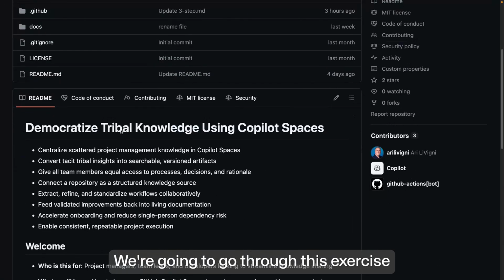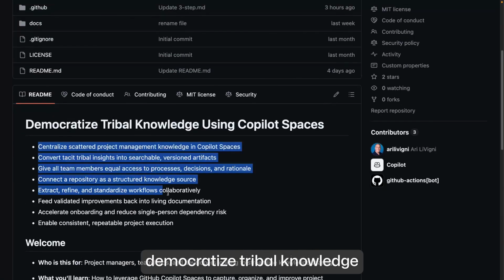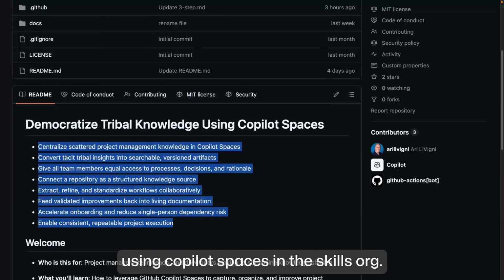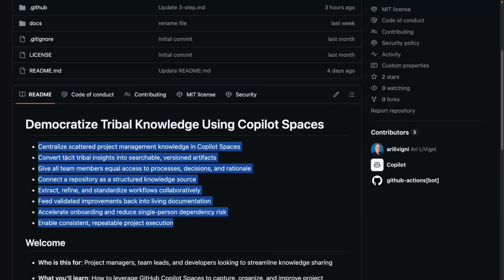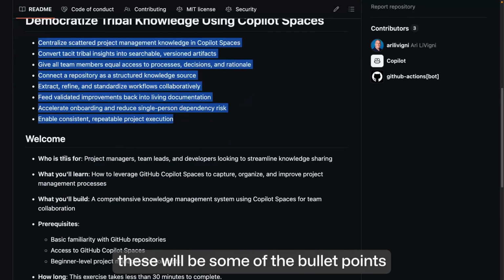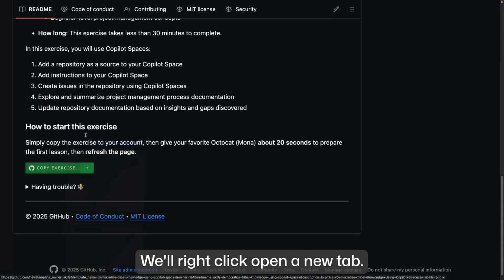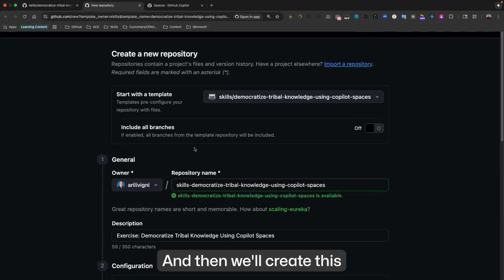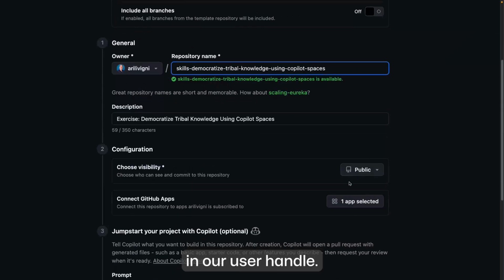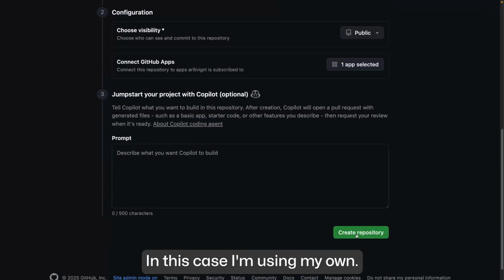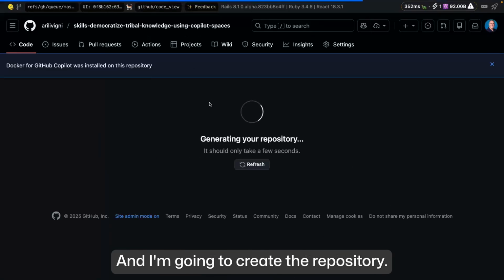We're going to go through this exercise, democratize tribal knowledge using Copilot Spaces, in the skills org. As you can see, these will be some of the bullet points and things we'll achieve by using Copilot Spaces. We'll right-click, open a new tab, and then we'll create this in our user handle. In this case, I'm using my own, and I'm going to make it public, and I'm going to create the